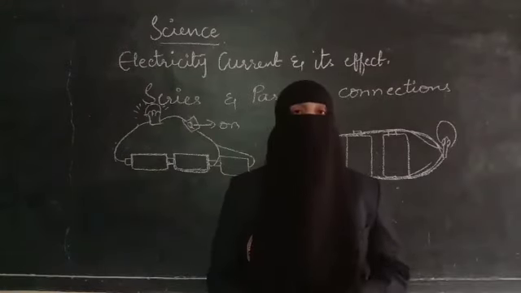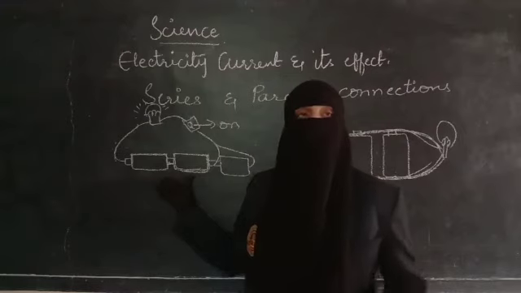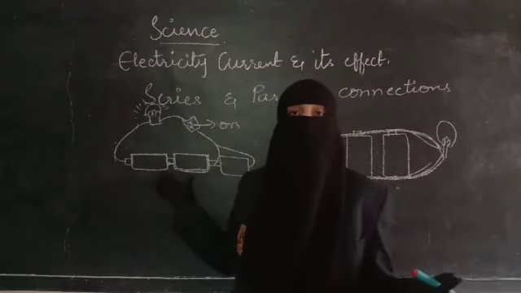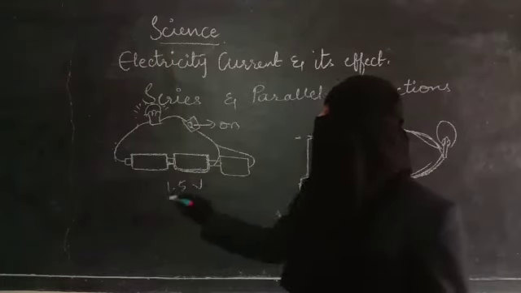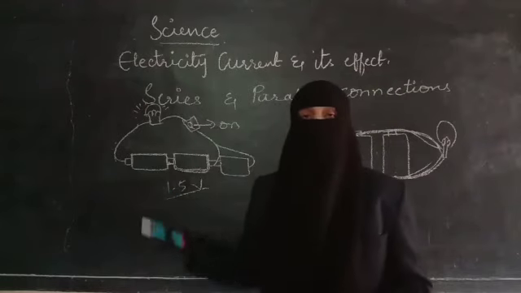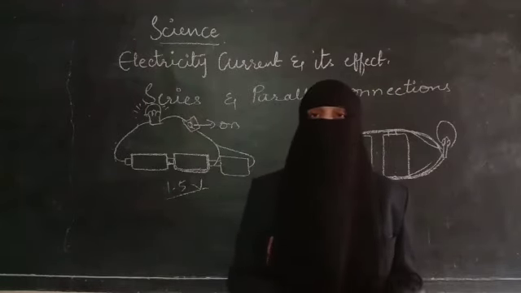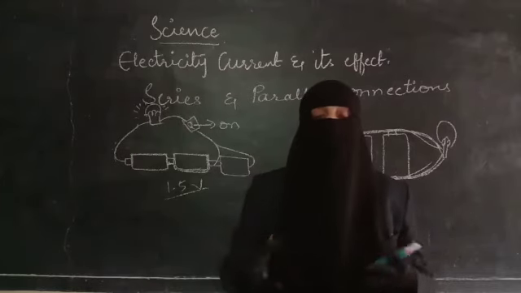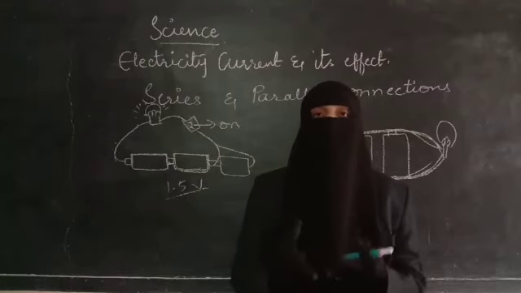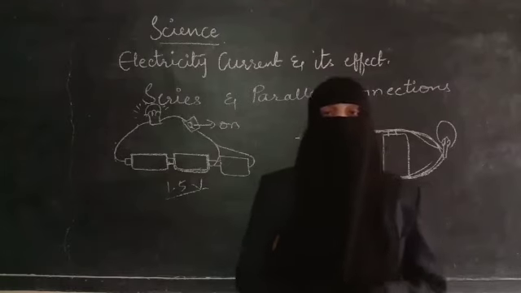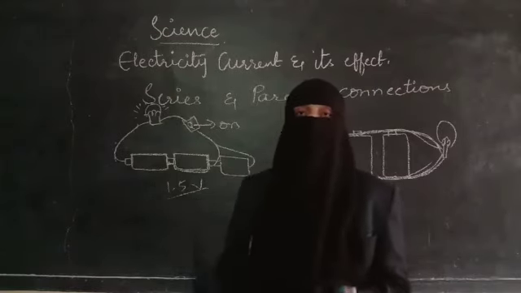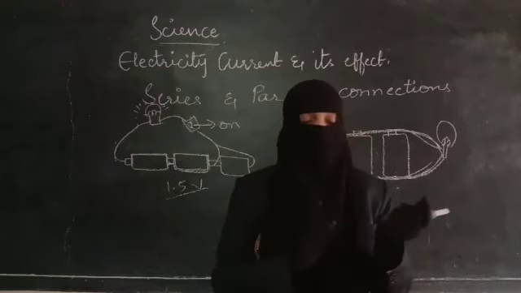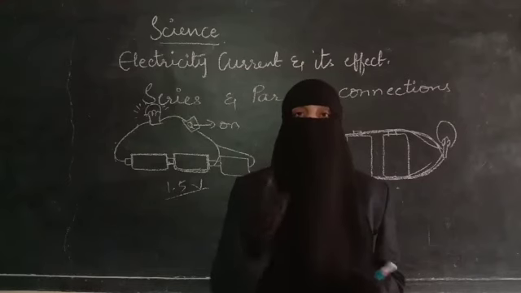In our house we use electric bulbs. But do you think we use a dry cell for the bulb? No, we don't use a dry cell. We use the wires directly, because a dry cell has very low voltage. It is only 1.5 volts. So it will work only for testing whether the circuit is complete or not, and for small things like clocks, remotes and playing cards. It is not used in our day-to-day life for glowing a bulb or a tube light. And next, there is a difference in the cell which we use in the TV remote, clocks or toys, and in the cell in the wristwatch. That small difference is present here.